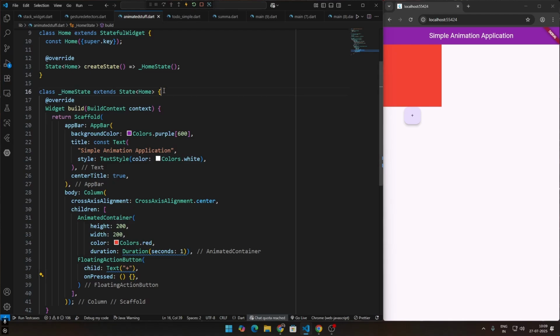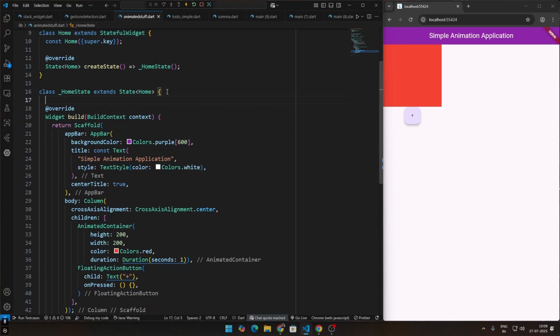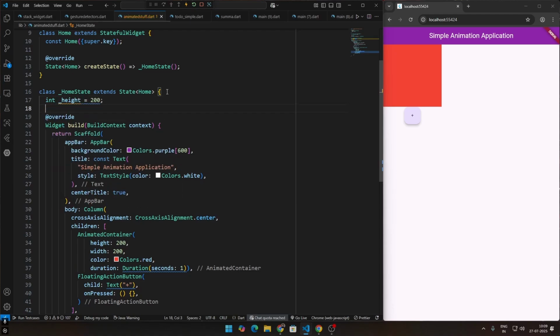So I'm going to go over this override line. What I will do is create an integer called height. I'll set that to 200. Similarly, I'll set an integer called width and I'll set that to 200. Now, something to keep in mind is, should it be an integer? Well,